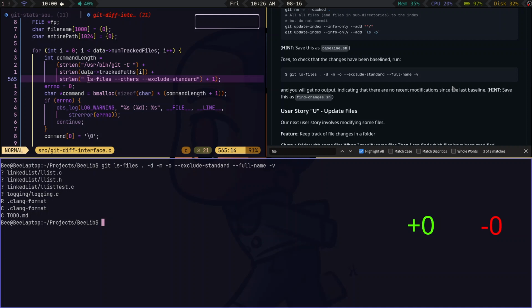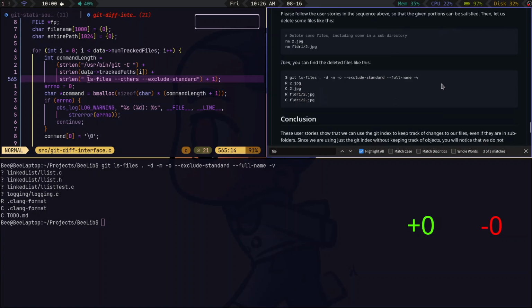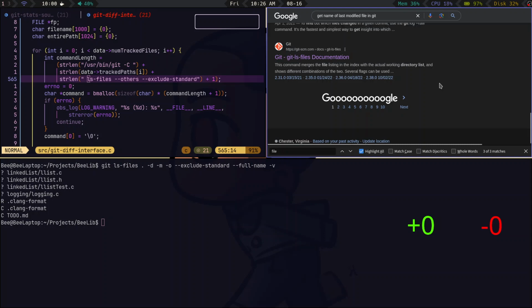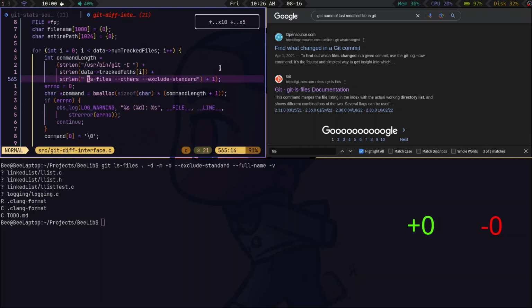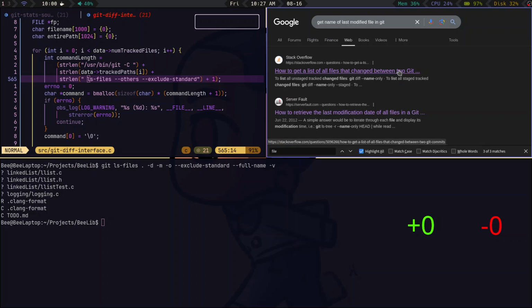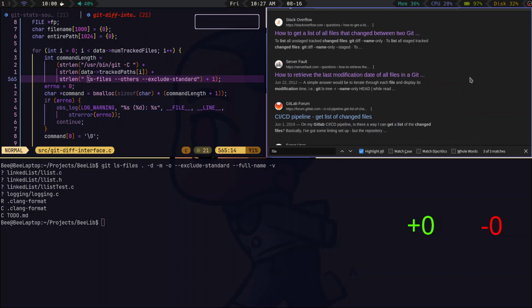I don't know how I want to do this. I just assumed there would be an easier way to get the most recently changed. Because if it's changing,